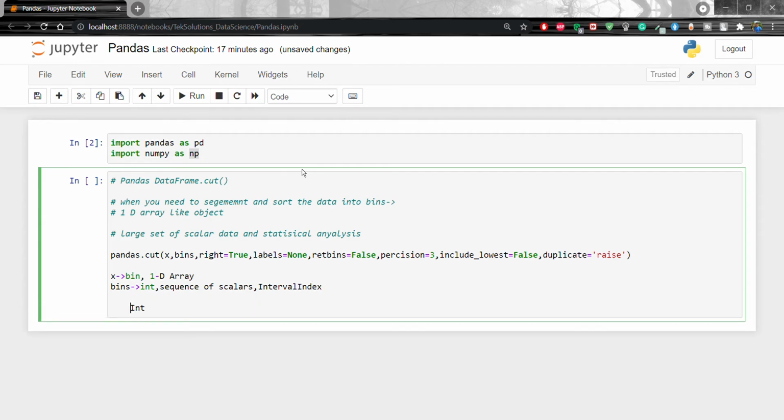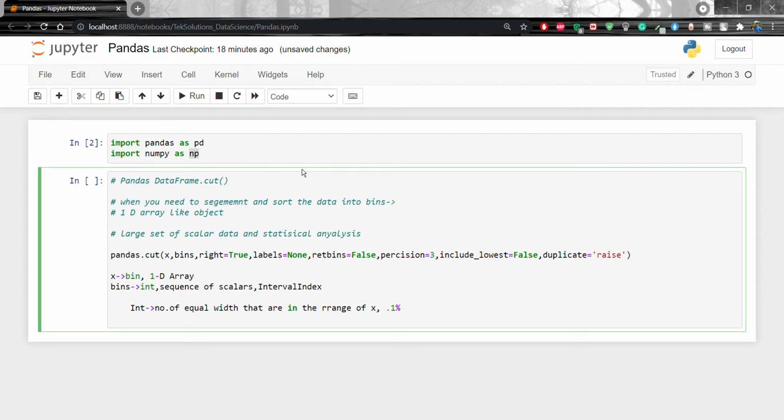Inside that, an integer defines the number of equal-width bins in the range of x. And the good thing is we can also extend the range of x by 0.1% on both sides, that is, the minimum and maximum value of x.